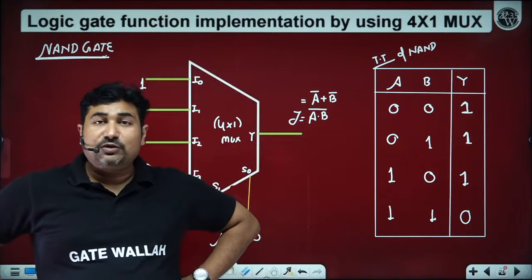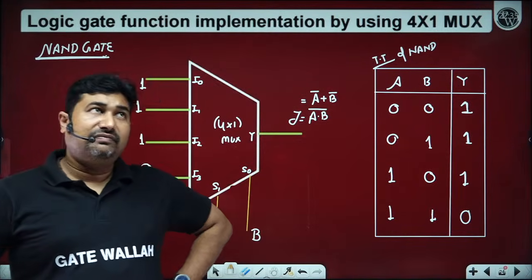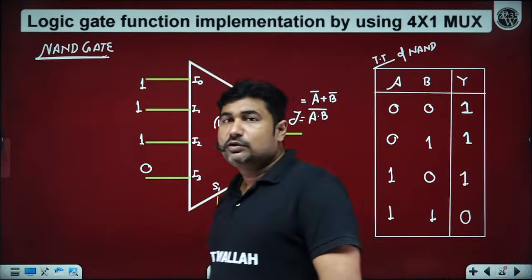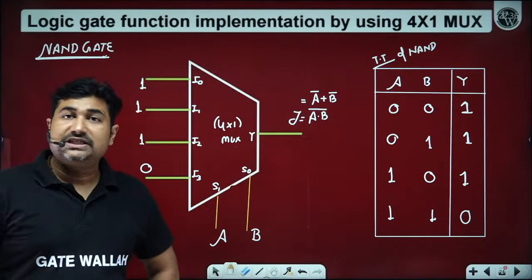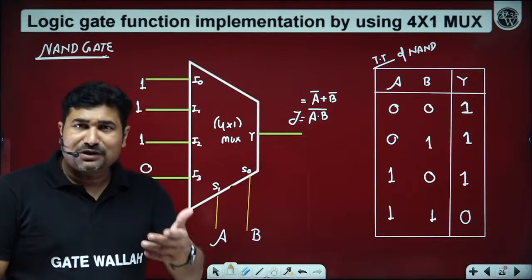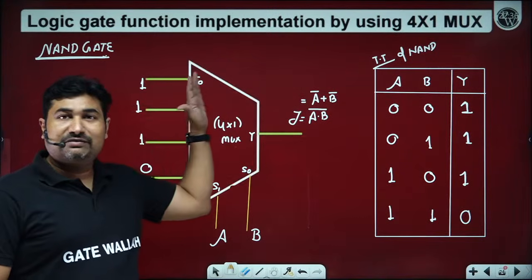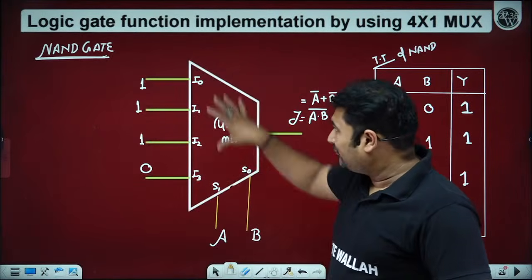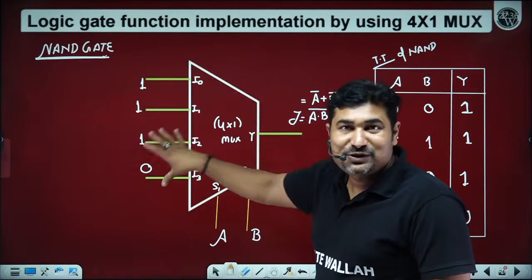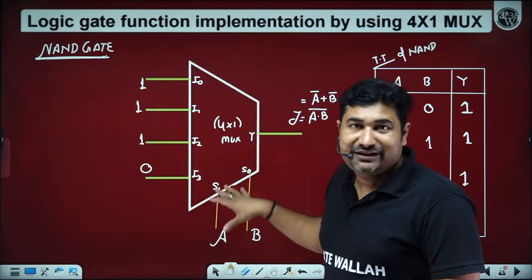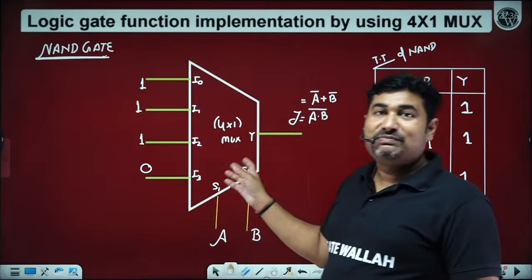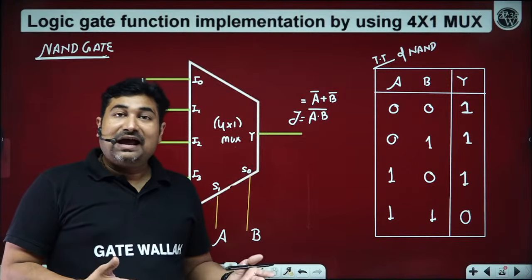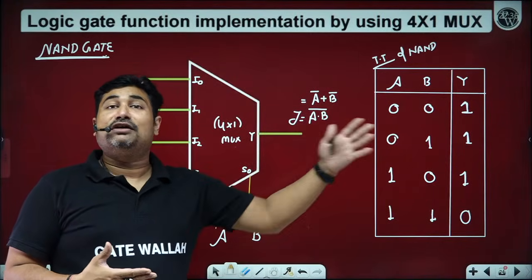So if we want to implement a NAND gate function, and we have to choose the size either 4 cross 1 or 2 cross 1, definitely we must choose 4 cross 1. Why? Only 4 AND gates and 1 OR gate, only 2 level delay. 4 cross 1 will have only 2 level delay. Total number of logic gates is only 5. However, if the same NAND gate is implemented by 2 cross 1, the total number of logic gates increases to 6, and the logic delay will become 4 levels.